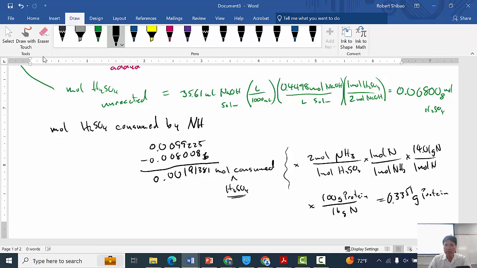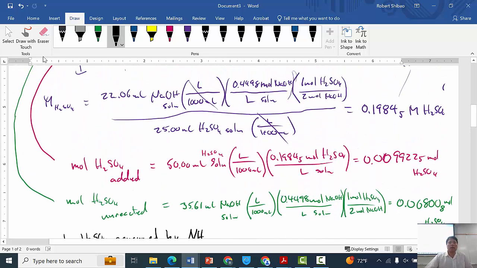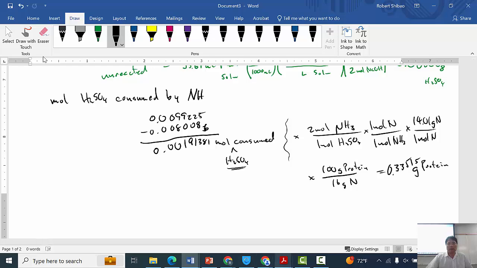Titrations we typically have 4 sig figs. I'm going to carry 1 extra. I'm not allowed 5 sig figs, but I'll carry it. Anyway. Yeah. So now I know how many grams of protein there are, and then I need to find out what